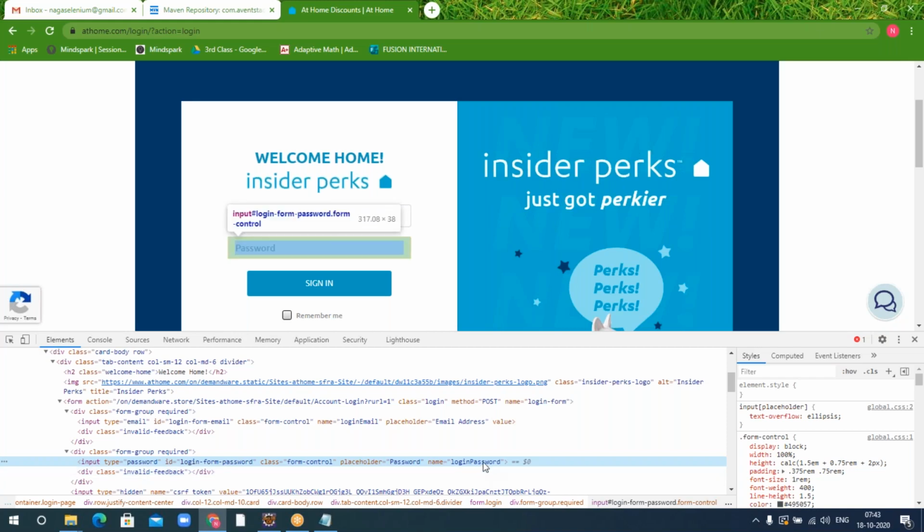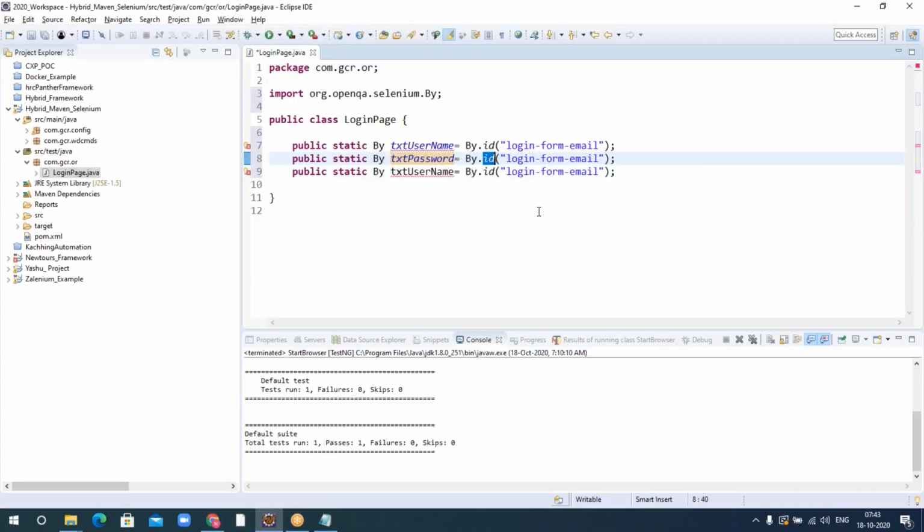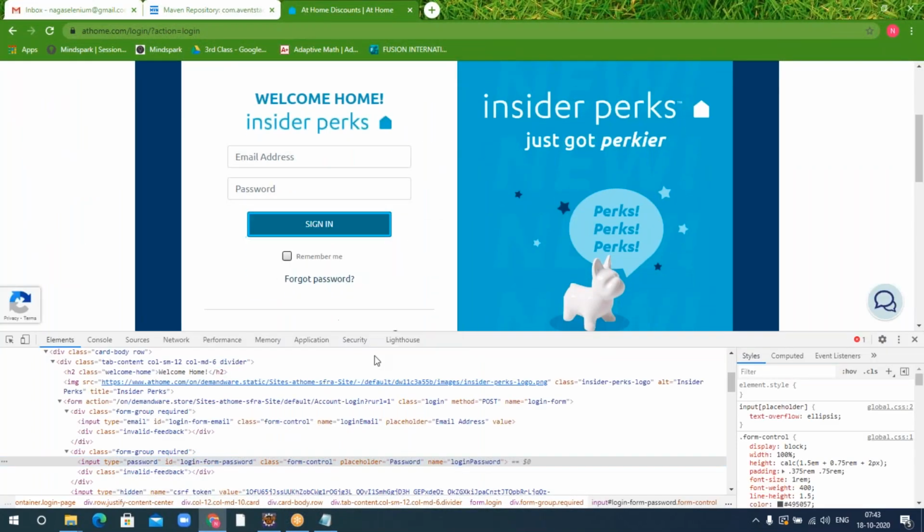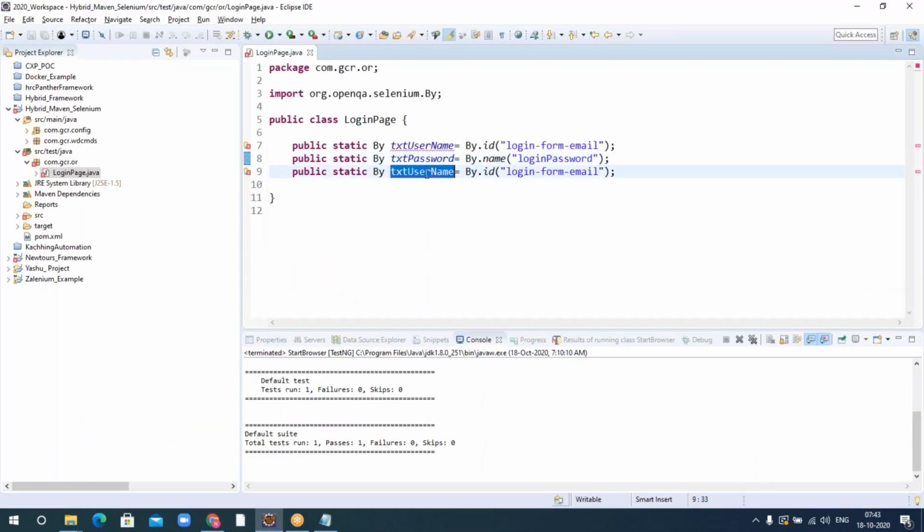Or maybe I'll try with the name, so that we'll get to know we can use different locators. So By.name, just give this. This is the name. And for the sign in button, this is a button, right? I'll just say btn so that I'll know that this is a button. btnSignIn.